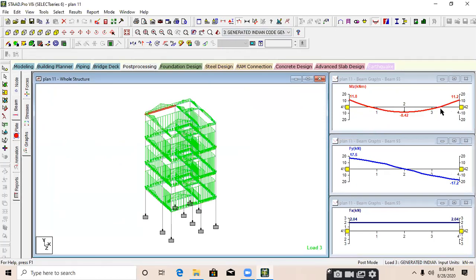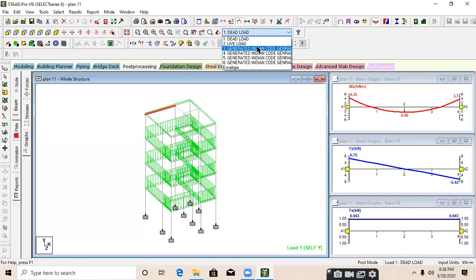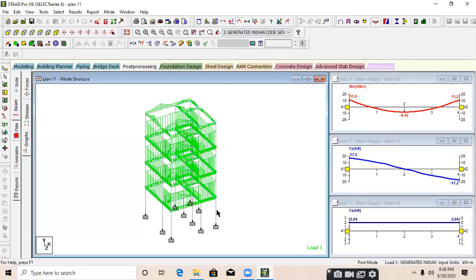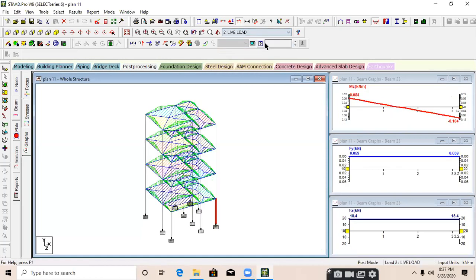If I select that beam, it will show a bending moment diagram for that beam. When you change the load, the diagram will also change. If I select that column, it will show you the bending moment diagram of that column. If I change the load, the diagram will change accordingly. So it is all about the analysis.